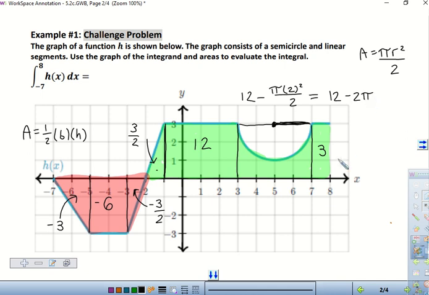Now I'm going to leave it in terms of pi. If the question says to give an exact answer or in terms of pi, you're going to leave it with pi. If it says decimal, put it all in the calculator. Now that we have all of that, we're going to actually solve the integral